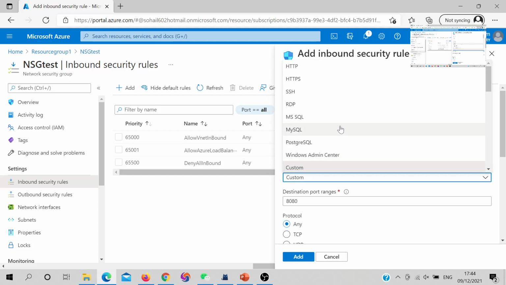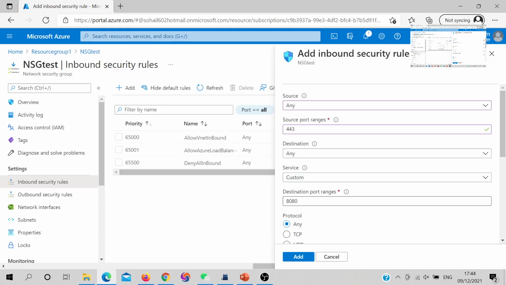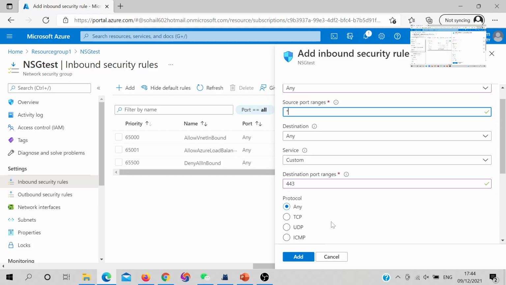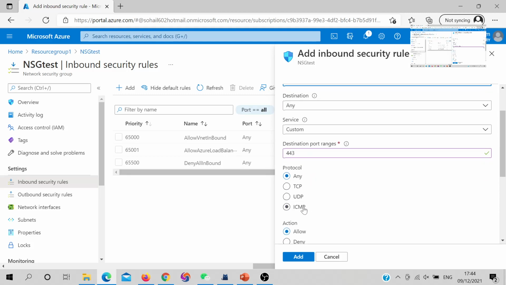And for custom, we can select any specific rule like HTTP, HTTPS, but here we can just go with custom, and we can set the destination port 443 as well. Source port is also 443 and destination port is also 443. We can set any by using the static, so it will be any. But here we can go with 443, and we can set the protocol, which protocol you want to use,